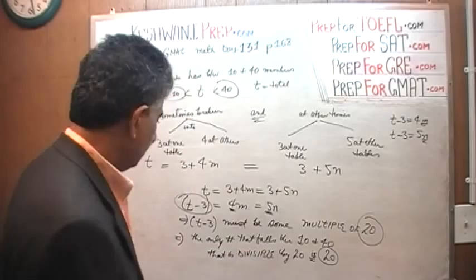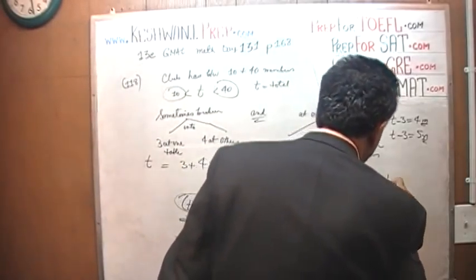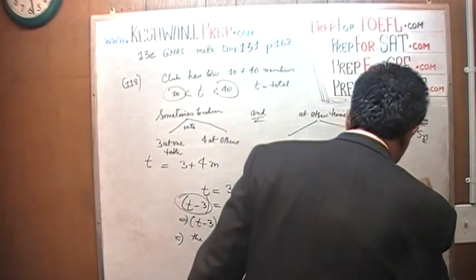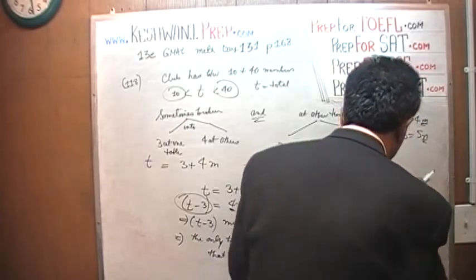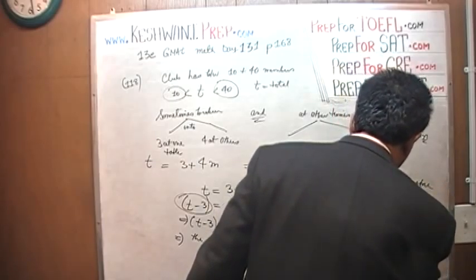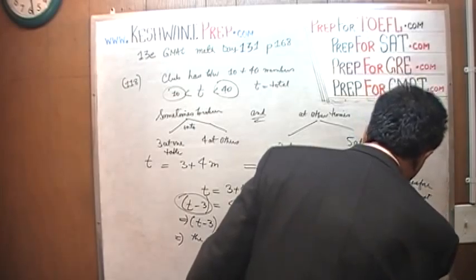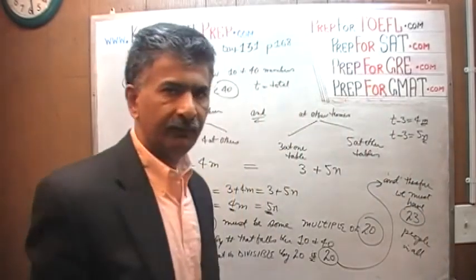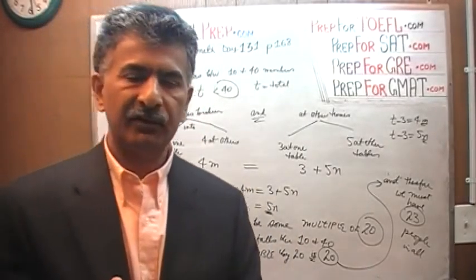And therefore, let's continue this part here. We must have 23 people in all. The total number of members is 23, because if you take away 3 from it, you have the total number